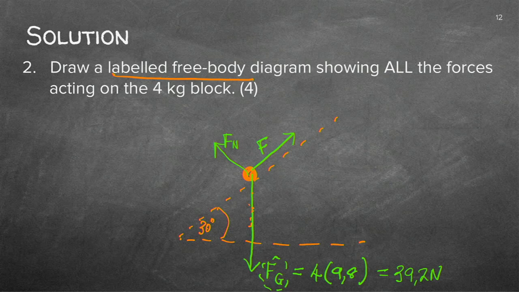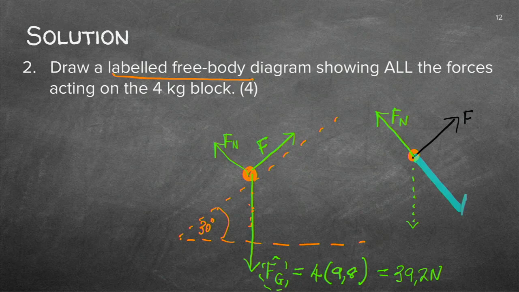So let me draw that next to this. So you've got your object there. You've got your force pulling upward there, the F, and exactly the same as in the previous one, you've got your normal force. Instead of the gravity, that's the gravitational force there, I'm now going to substitute it with the two components.